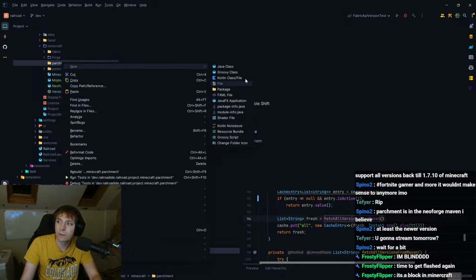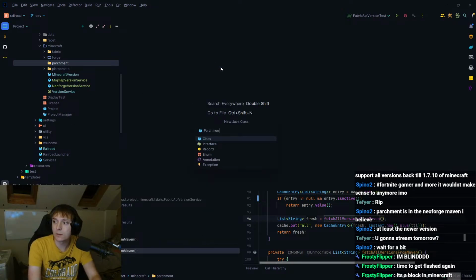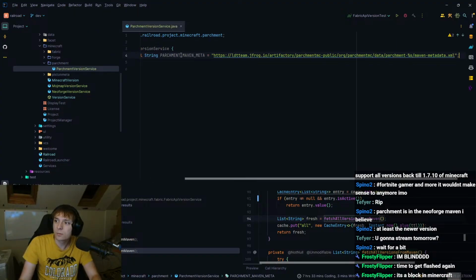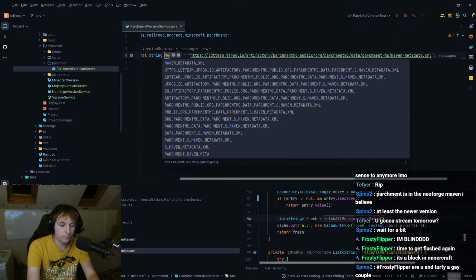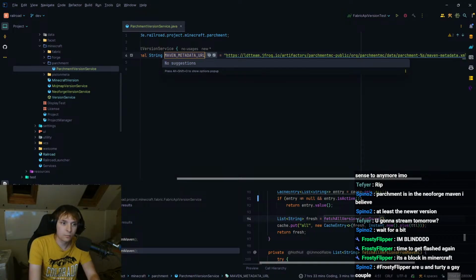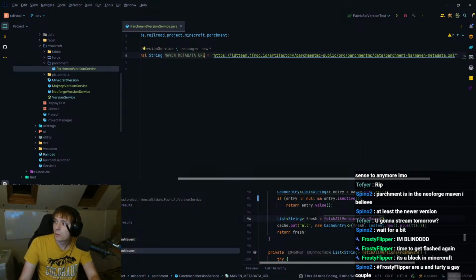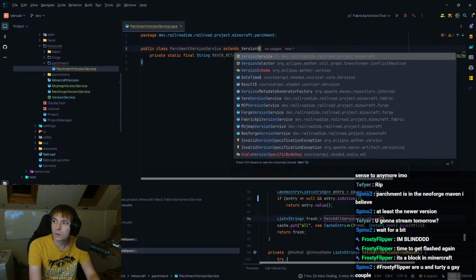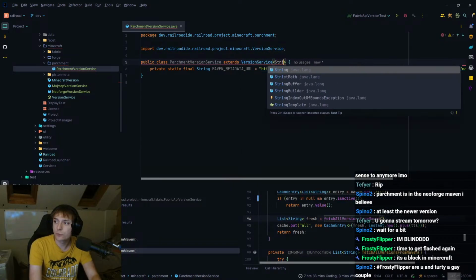We'll just quickly create the class, and then I think we'll probably end the stream. So let's put that in, and then Maven metadata URL. Okay. And then extends VersionService of String.